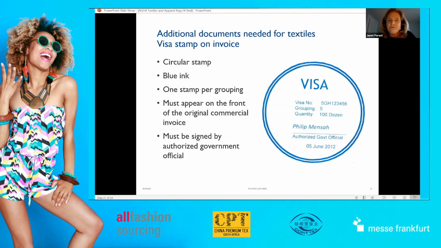And it's important, this is very important. I'll give you an example of a wearing apparel company in West Africa that was shipping a lot of goods to the US. When they arrived, they were denied all AGOA treatment because they didn't have this stamp on the invoice. So it really must be there.